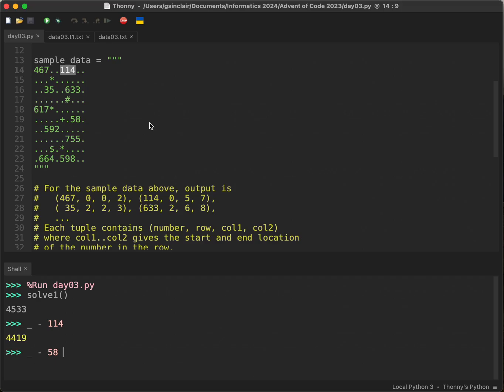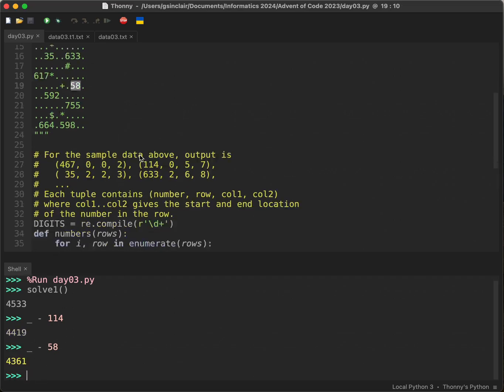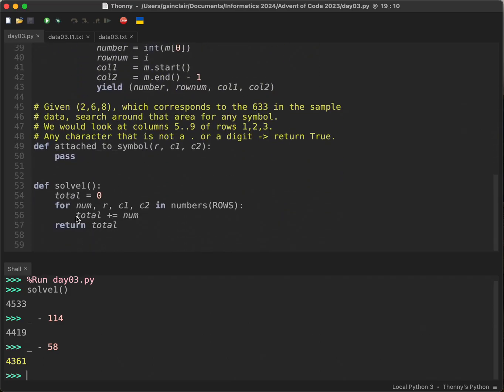No, it might be only that. 4361. There we go. All right, so there are 2 that are not connected. So anyway, I'm on the right track, but here I am unconditionally adding them, but I need to conditionally add them. So if attached to symbol, right, now